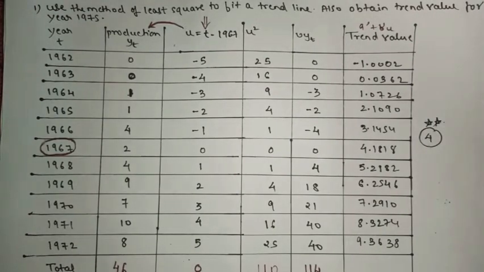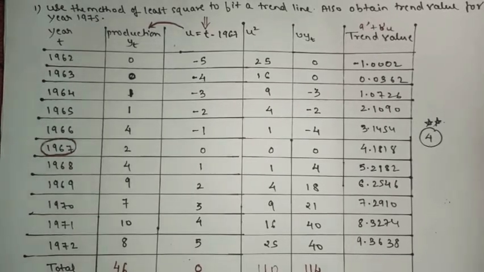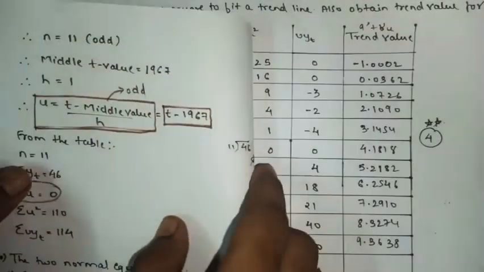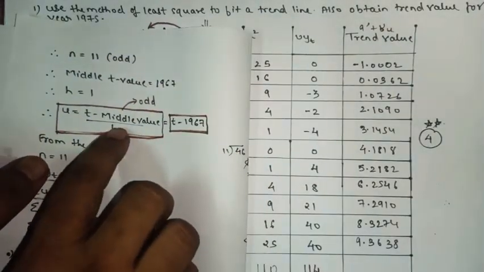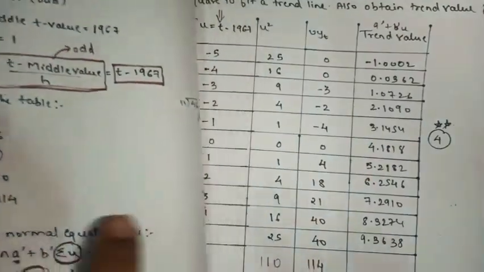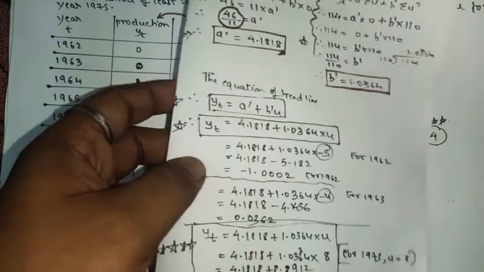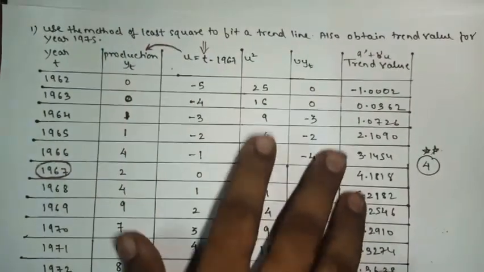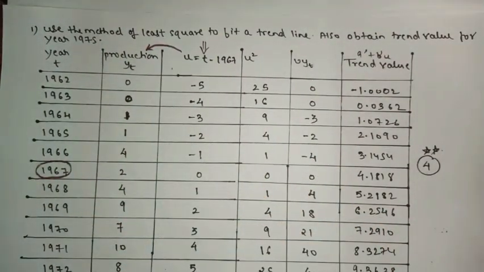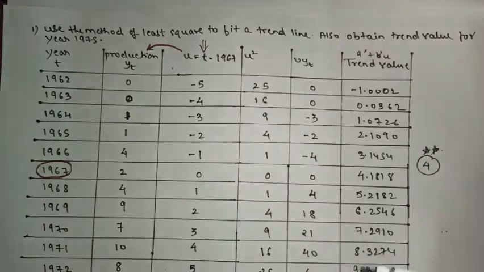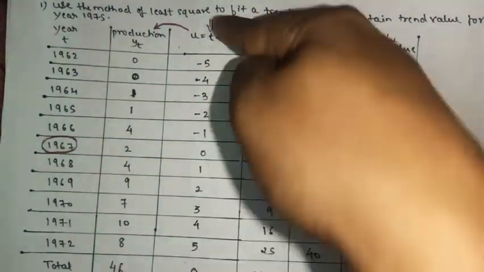If you understood this method, after that we can start with our next part, which is based on even numbers. The change will be only in this formula, and the rest, the explanation part and the solving part which I explained in this video for the odd number, is same to same for even numbers. Simply the value of u will change.